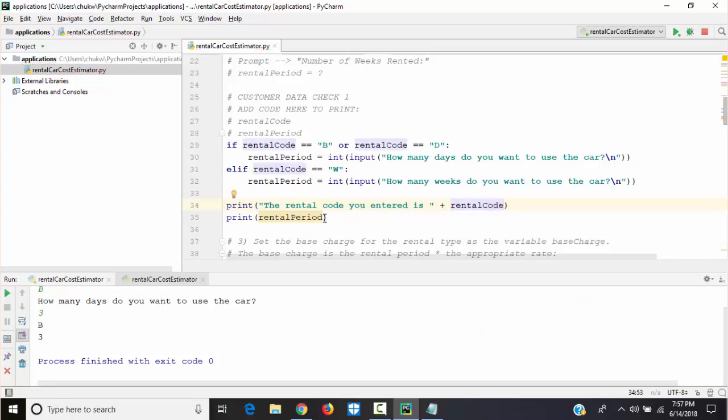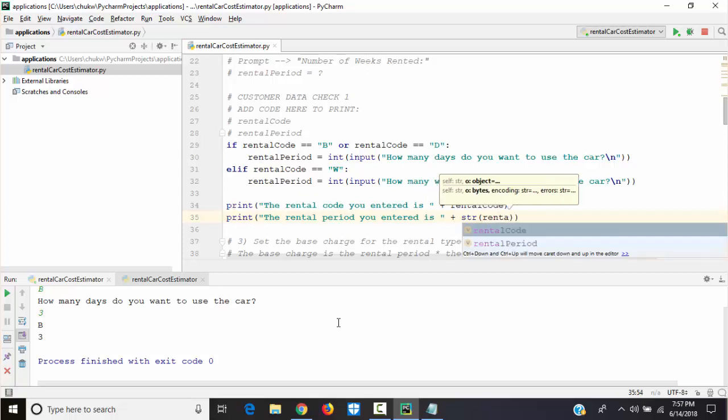And then here, I will say the rental period you entered is, but here I need to convert it to string because it's an integer. So convert back to string, rental period.